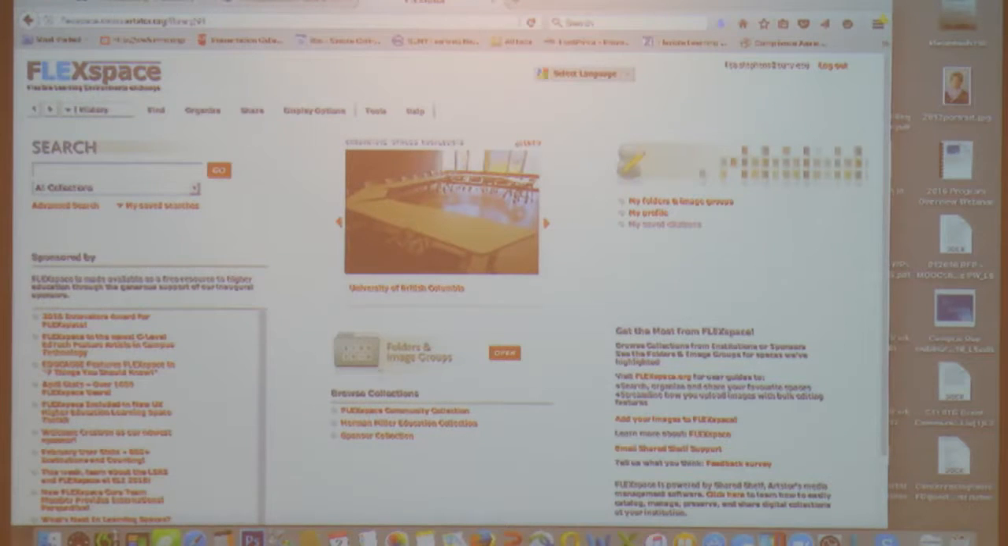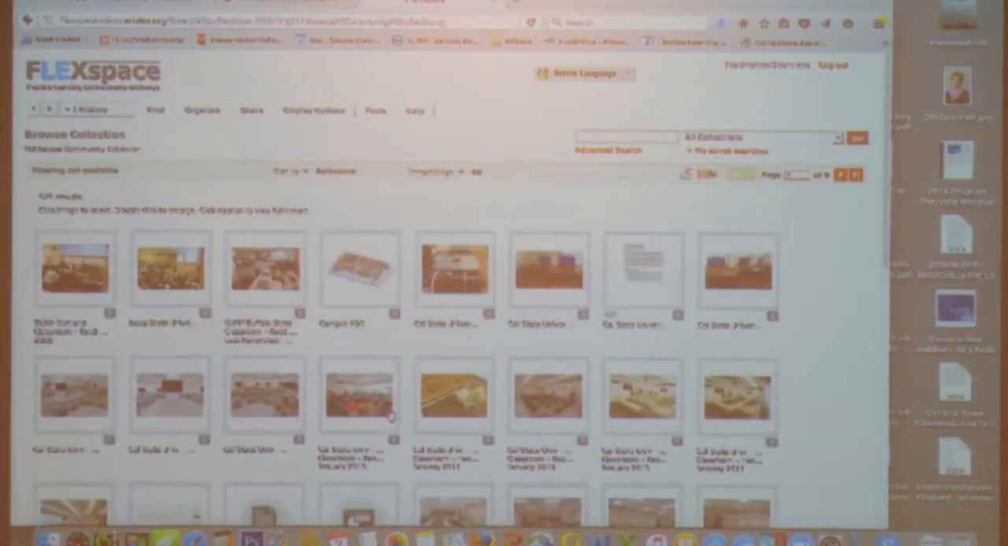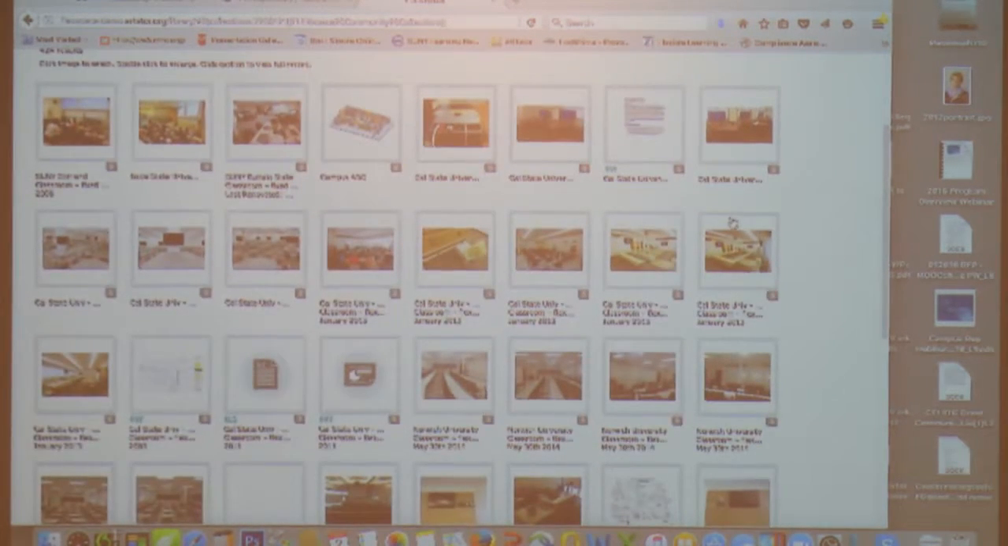I mentioned that depending on your sponsorship level, you can get into a named collection or share a collection, but I'm going to go into the FLEXspace community collection. And you can see right away there's tiled views, and all of these tiles,